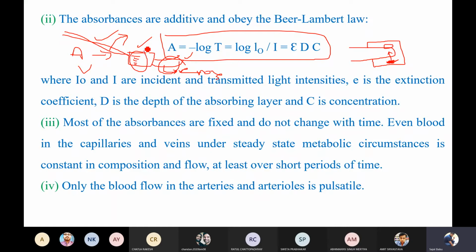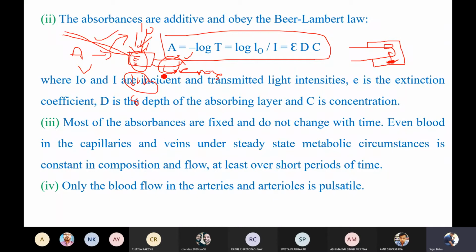Okay, so if the light passes through that, whatever light we give and whatever light we receive will be constant, right? If you give this much amount of light, some will be absorbed and this much will come out, and the light that we are receiving here is not going to change. Like I had given 10 rays, I have received 8 rays, and 2 rays have been absorbed by my capillary. So every time I give 10 waves, I will get 8 waves, because there is no high velocity of blood circulation in the capillaries.